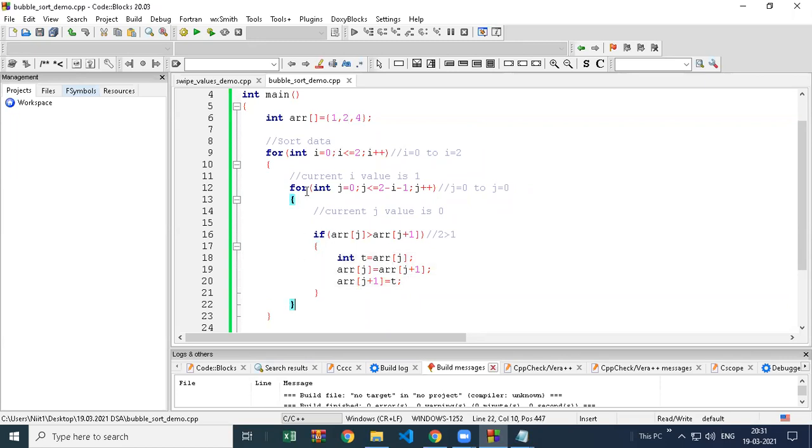And after swapping the value, next j value will increment to 1, but we will stop here now, because we said j last value is 0 only. If we increment to 1, we are not going to take next value. Stop it here, and after that again go up, and I value will become 2, and here also we don't have to iterate again. So just stop it here. Here also we have to add -1. So I think I gave one extra comparison which was not required. So I added -1 in both because the extra iteration was there.